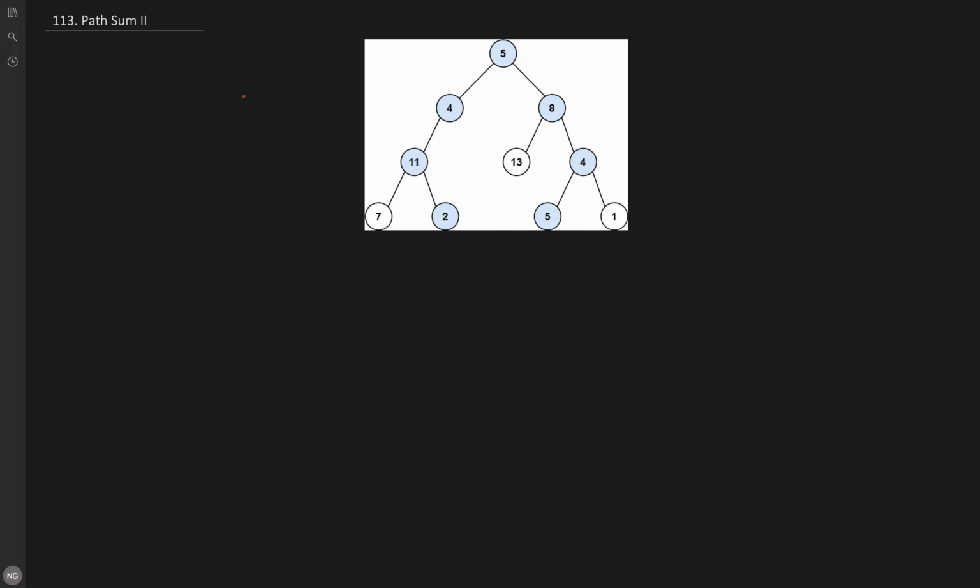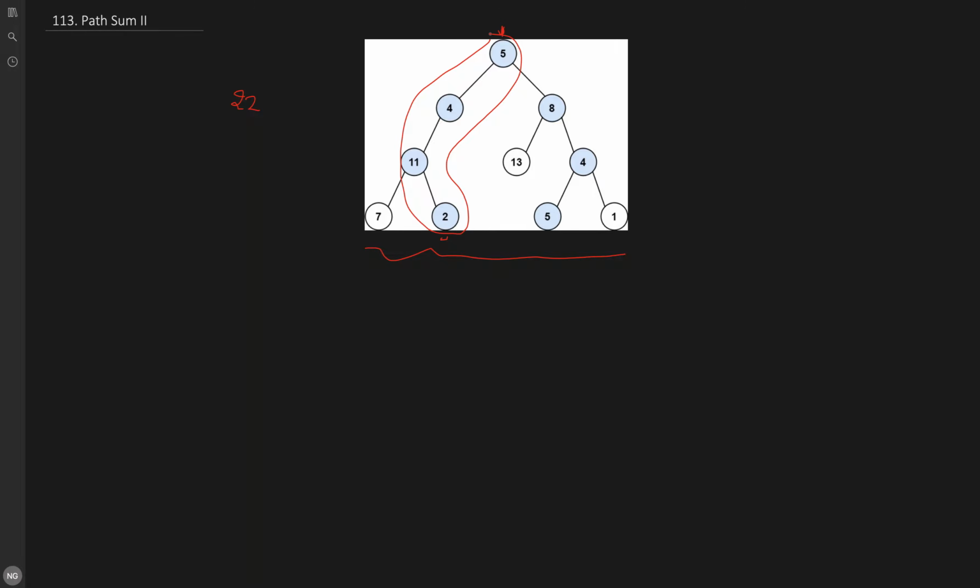For the target sum 22, we start from our root node 5. From the root node, the nodes in the path marked in blue are one path. The total number of paths from root to leaf equals the number of leaves in our binary tree. We have 4 leaves here, 1, 2, 3, 4, but for 2 of them, the root to leaf path sum equals the given target sum, which is 22.